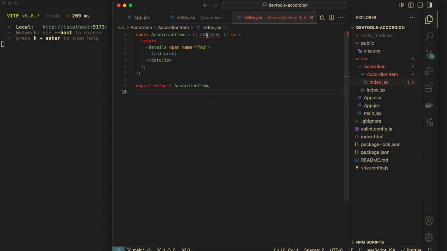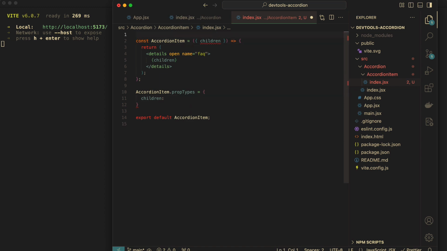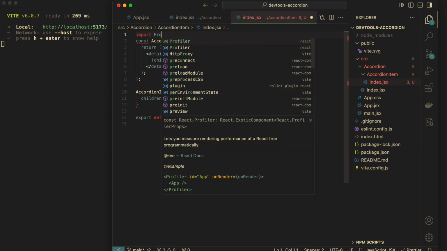It's going to save. It's going to get red because it's missing props validation, okay? We can take care of that really fast. That will be AccordionItem.propTypes, plural. I don't know whether that's completed properly. And then inside of here, we have children. Now, what do we put in here? Well, we need our prop types package, okay? So let's import, lowercase import, sorry, import PropTypes